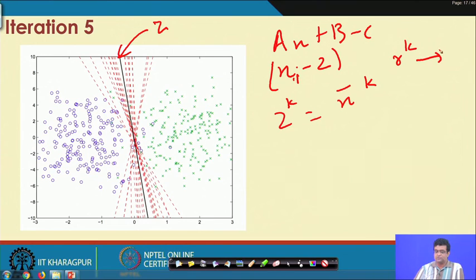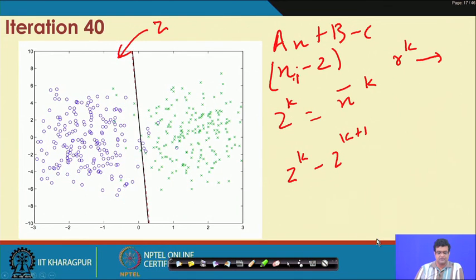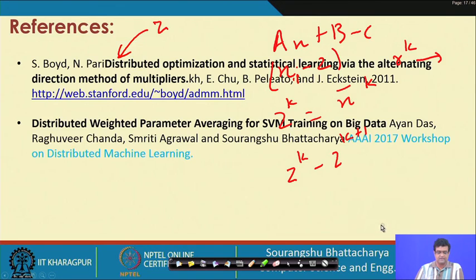And your dual residual is nothing but the difference between z k and z k plus 1. You see that as the iterations progress, your z k and z k plus 1 are roughly the same. So your black line is the z, and roughly they are the same.